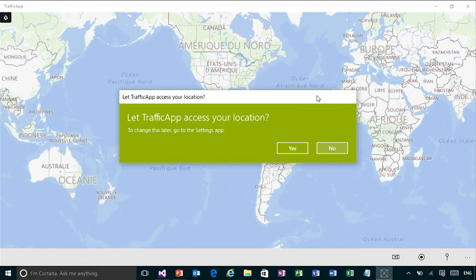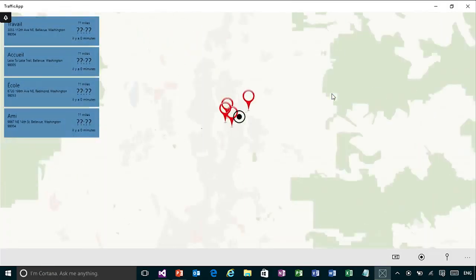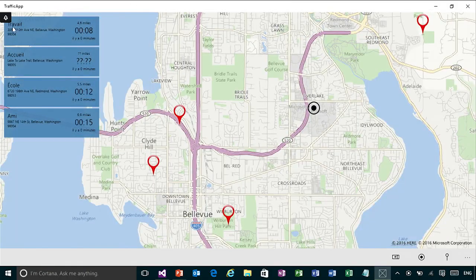All right, so I'm going to say yes. Now you notice already that Bing Maps has changed everything, because it understands that I'm in a French locale. There we go. The program has the 4 default ones put in as home, school, and these are random addresses